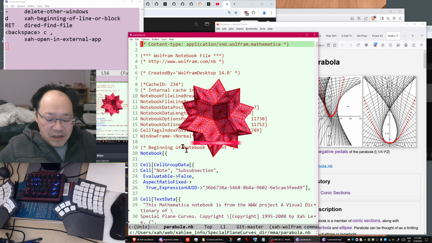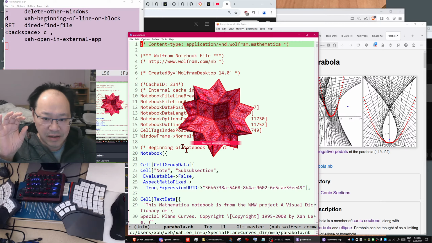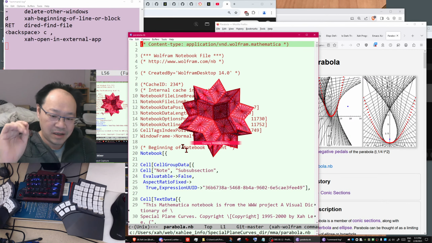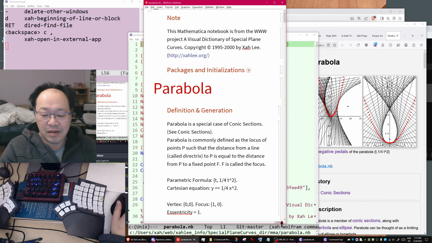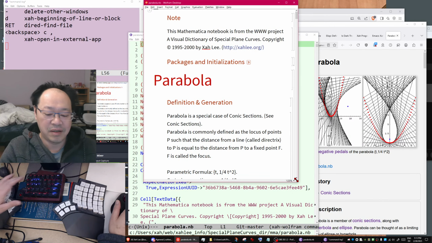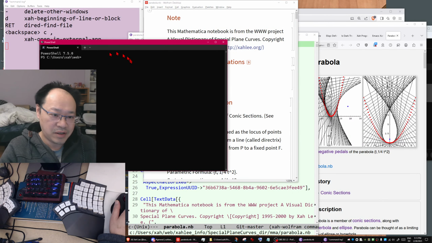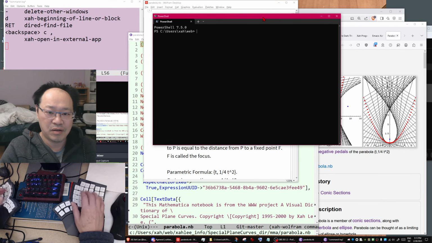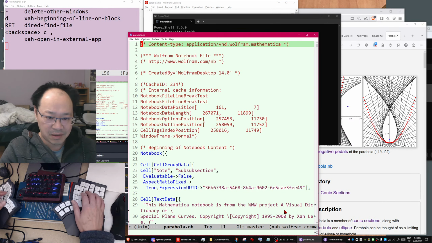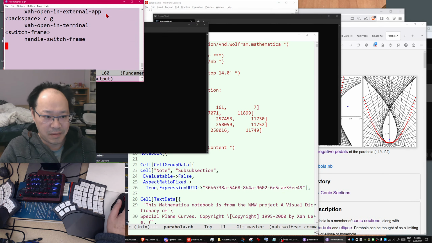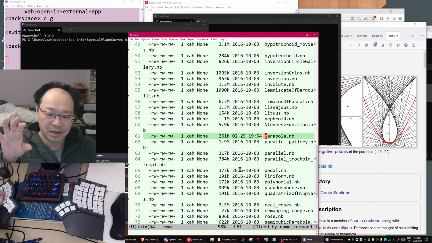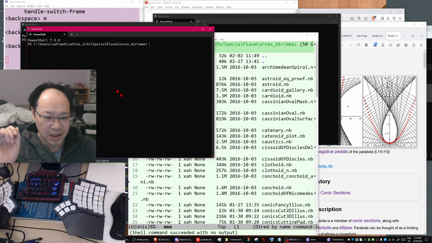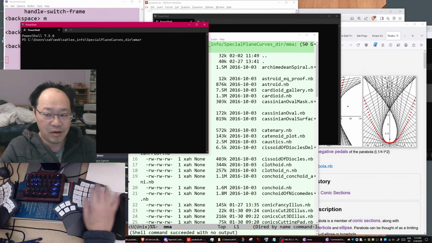Now, notebook differs from the command line, okay? The command line is also known as REPL, the obsession of industrial coders. So what is a REPL? Press a key, go to PowerShell, there is your PowerShell. So in Emacs, press a key, that calls the command open in terminal. Search for that, you'll find the source code. So you can open the terminal of the current directory. Works on Mac or Linux or Windows.